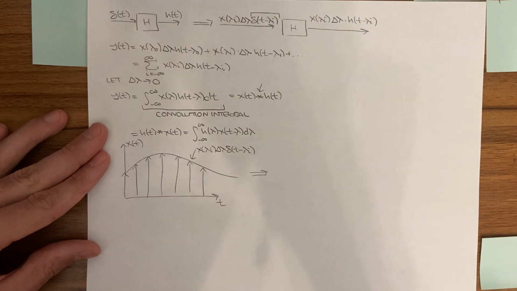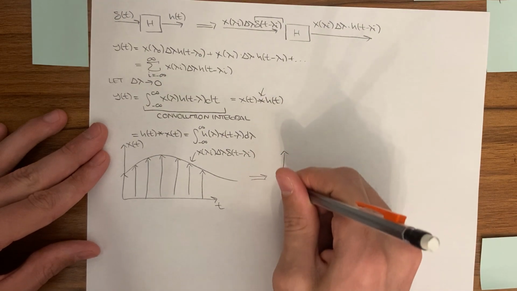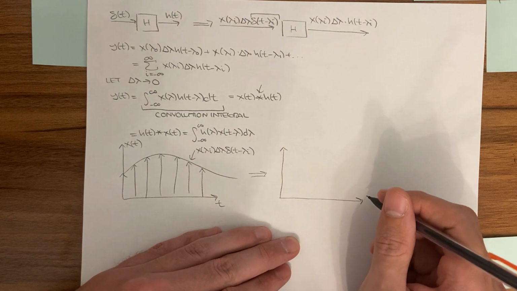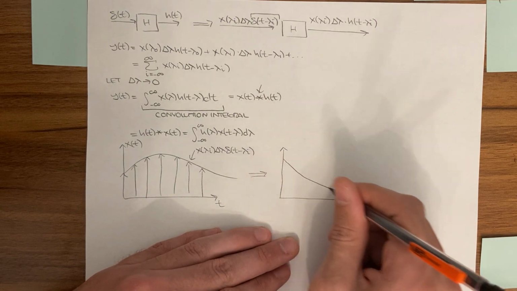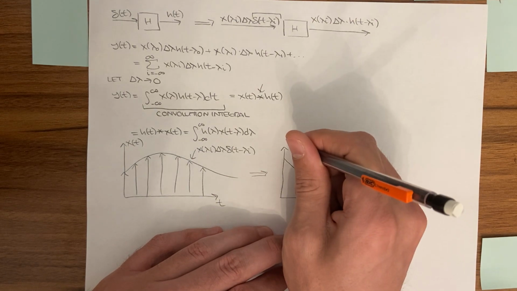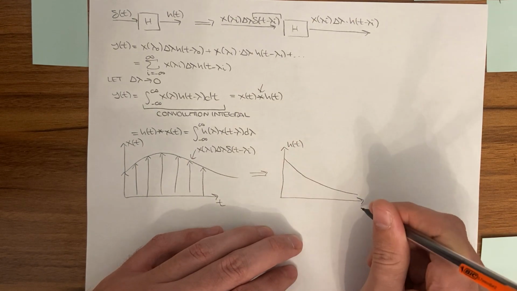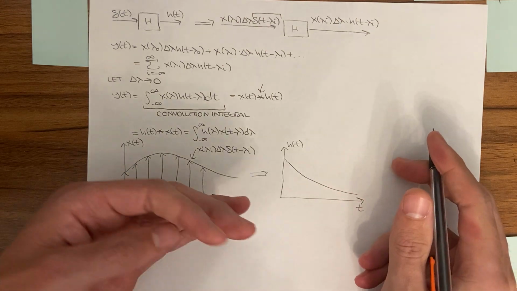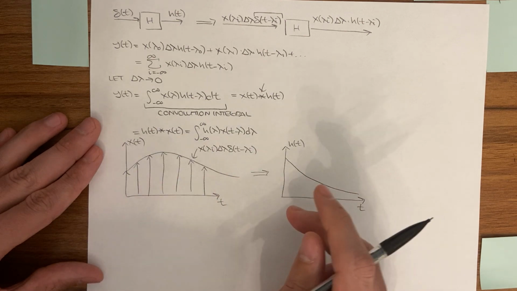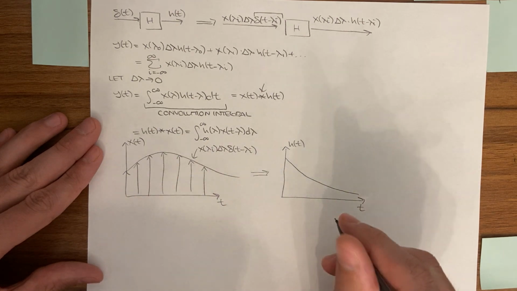And we've got an impulse function. Now suppose this is just a generic impulse function, say a decaying exponential. So when we convolve these,